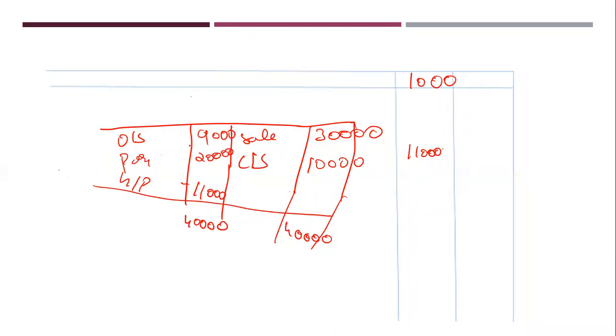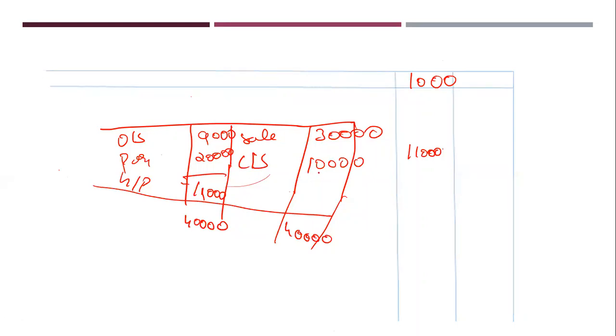Suppose this is 10,000, for an example. What will be my profit? My gross profit will be 10,000 only. Now they are saying the opening stock is overvalued by 10,000. So if I correct this overvalued opening stock, the exact value will be 9,000. Then my profit also will increase, correct? So that's the reason any overvaluation, however much they overvalued, we have to add it back.